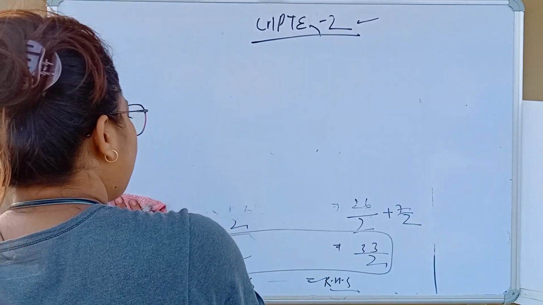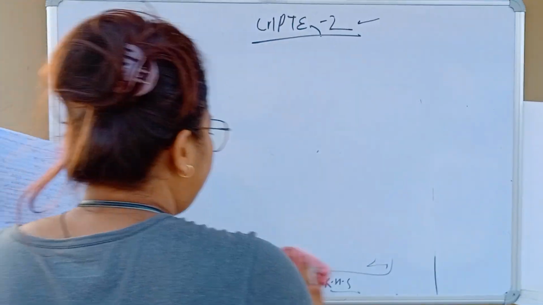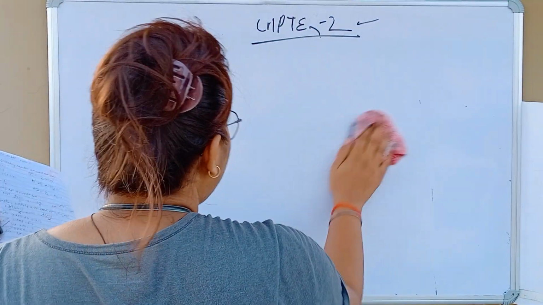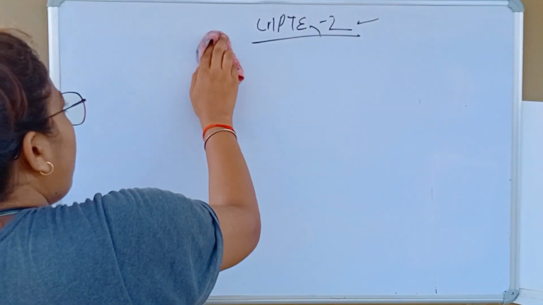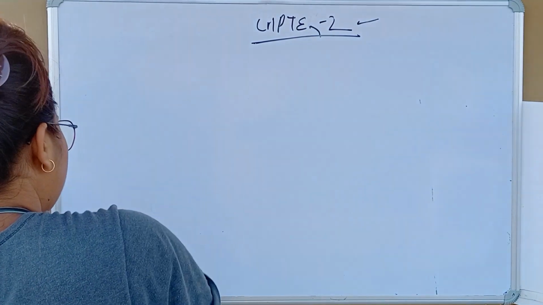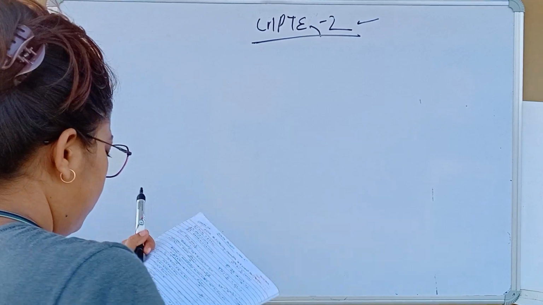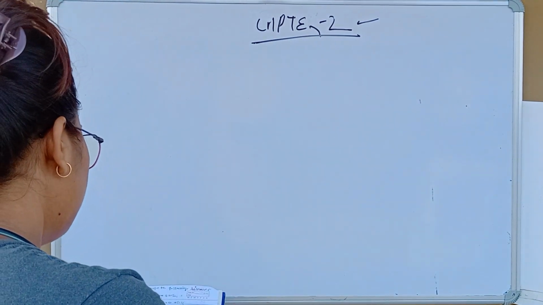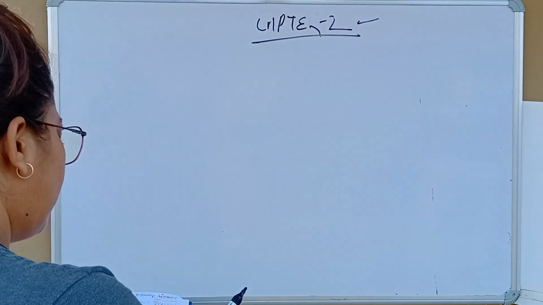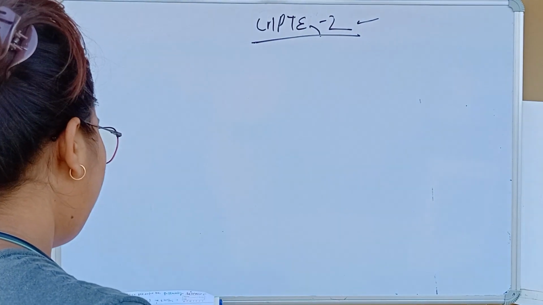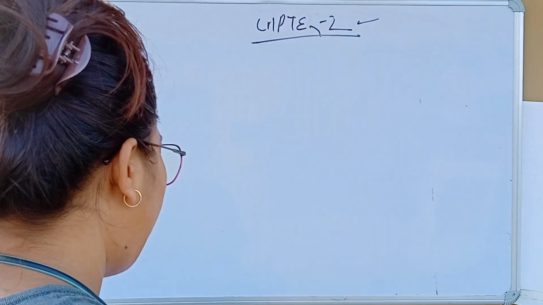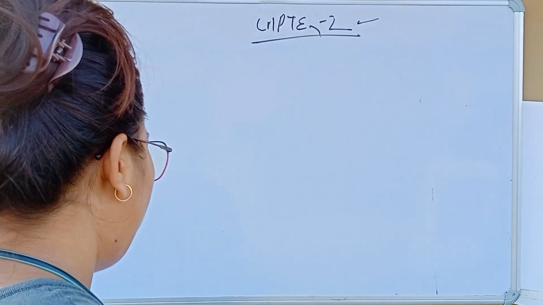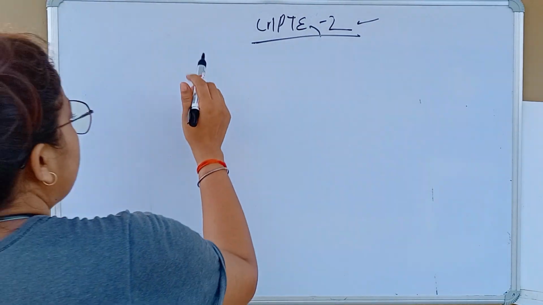It's exercise of chapter 2. In the previous video something went wrong, so I think I said in the next video I will solve this question. So take the 7th question. What does the 7th question say? First it says simplify and solve the following linear equation. Okay. So 7th question.